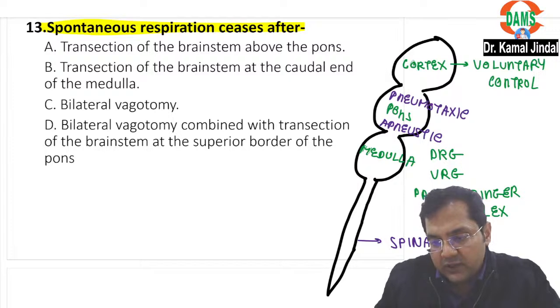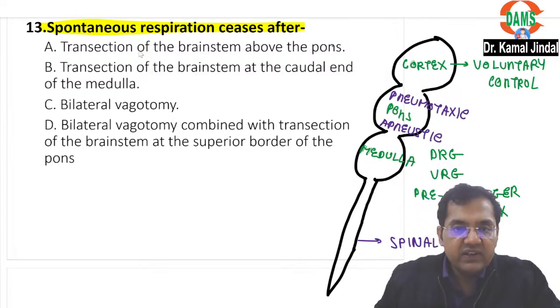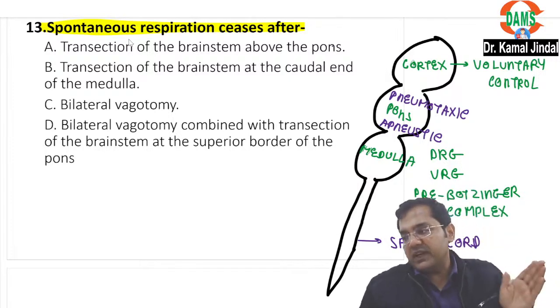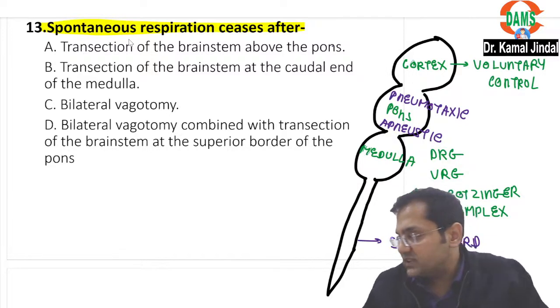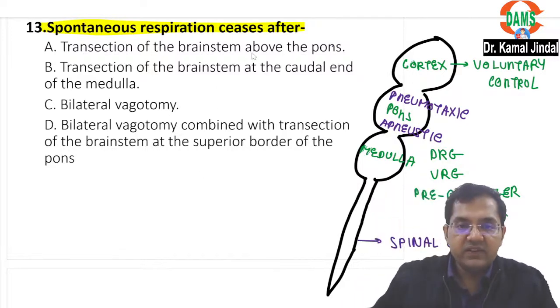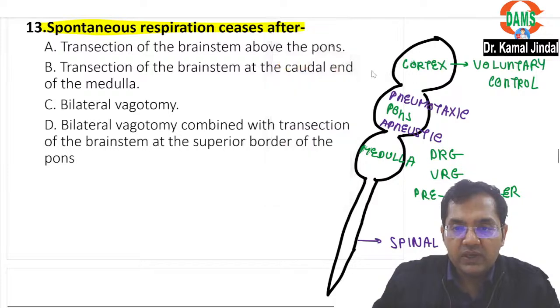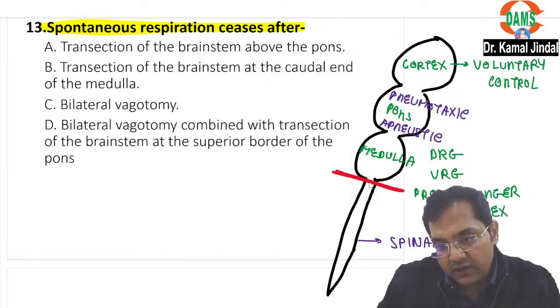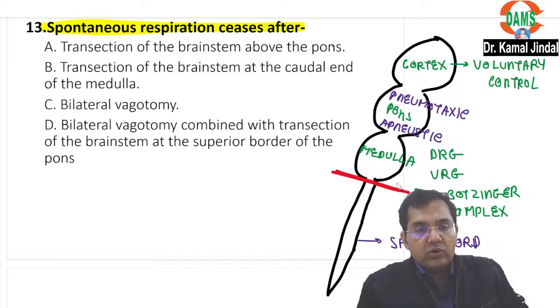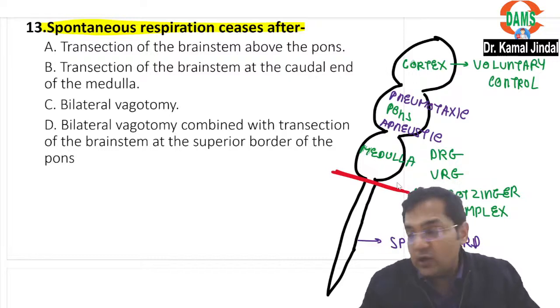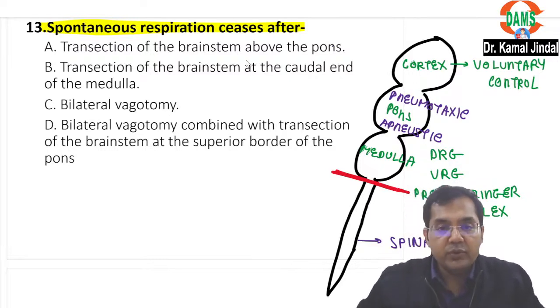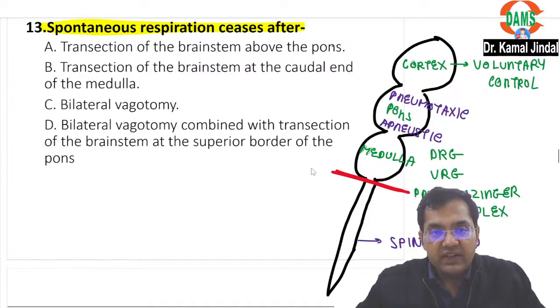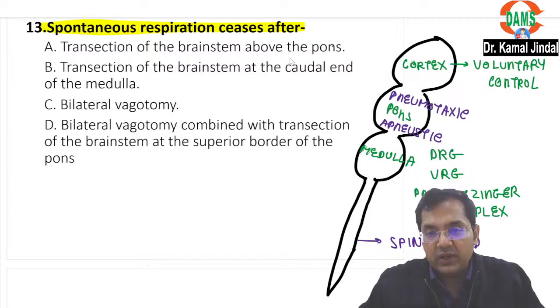Now I am asking you, when will the respiration cease? Respiration will only cease when you do a lesion like this at the caudal end of medulla,